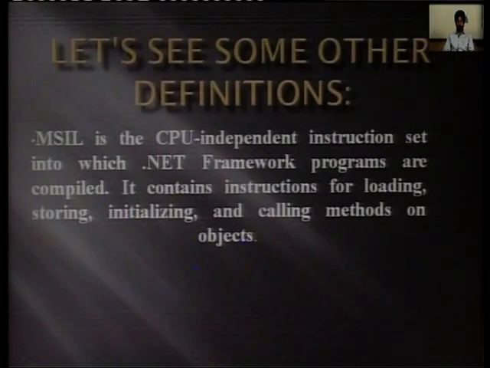Once again I repeat, MSIL is the CPU independent instruction set into which .NET framework programs are compiled, so it is totally CPU independent.